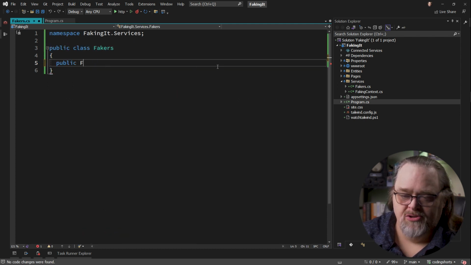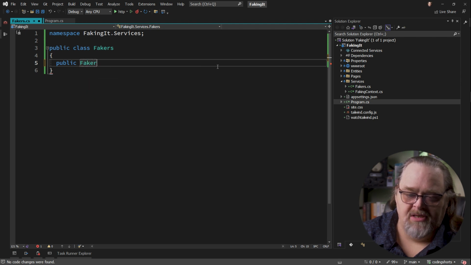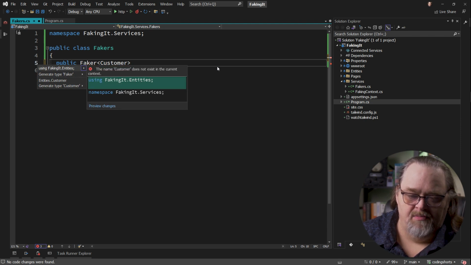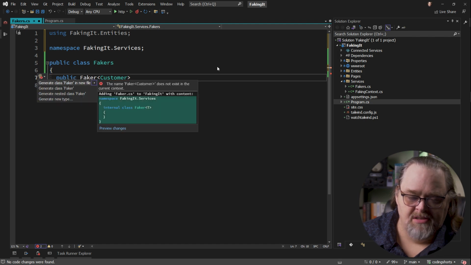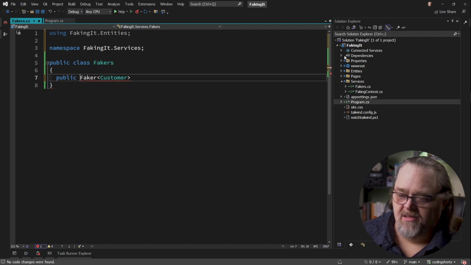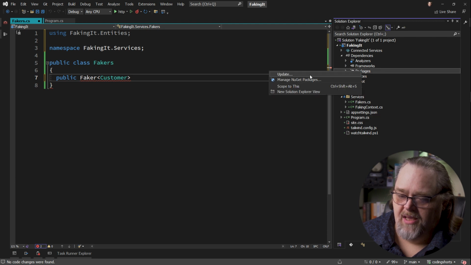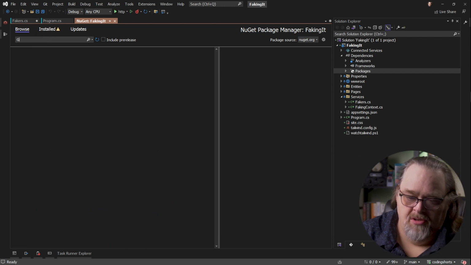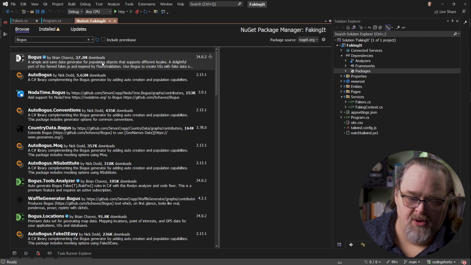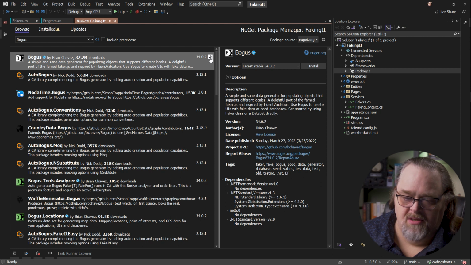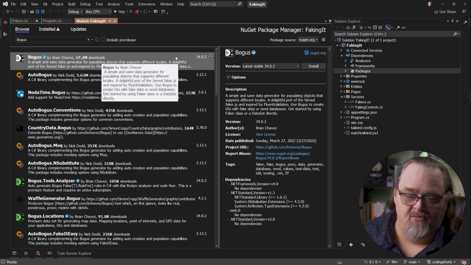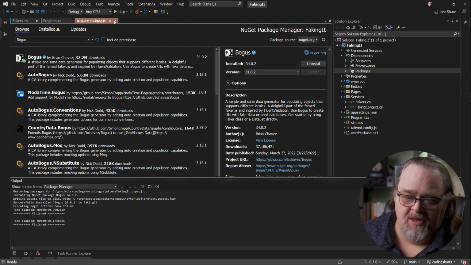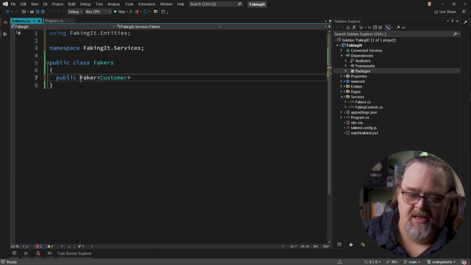And here I'm going to return something called a Faker. But of course, I don't have this idea of a Faker because I don't have a project set up in here, right? It's going to let me pull in the entities, but for Faker, it doesn't know what it is. And that's because we need to add the dependency. So let me go ahead and manage NuGet packages. And I'm just going to put in here for the search, Bogus. And here at the top, Bogus, bunch of downloads. With that many downloads, you'd think I would have run into this before, but nope. Now it's installed. We can get rid of that. We can go back and bring in that namespace for the Faker